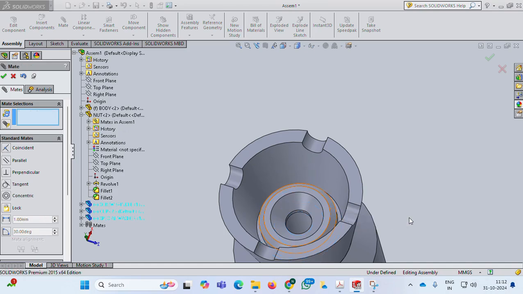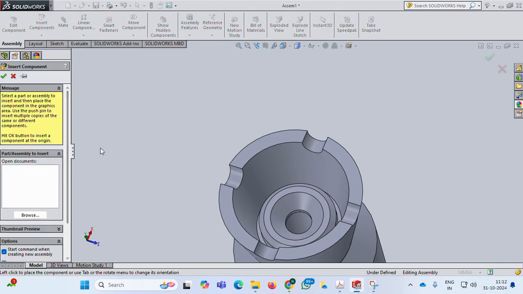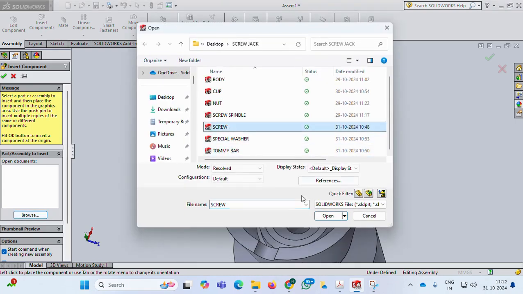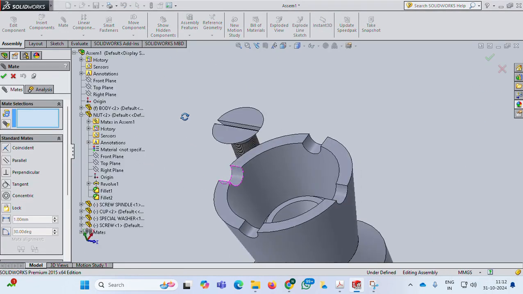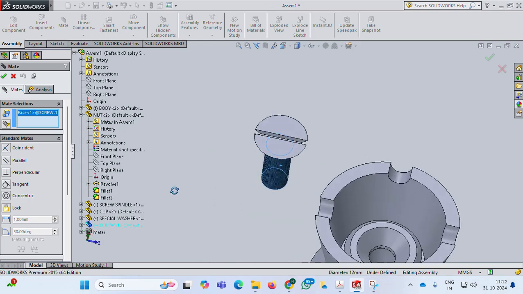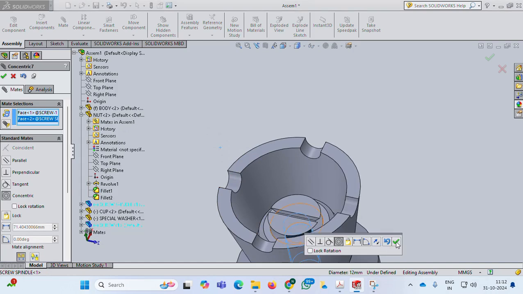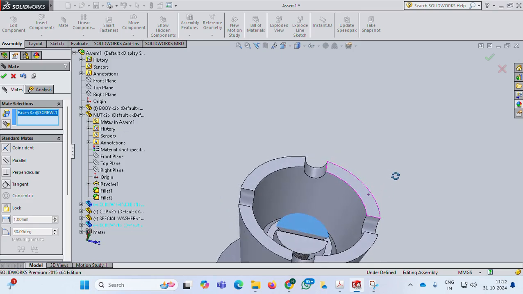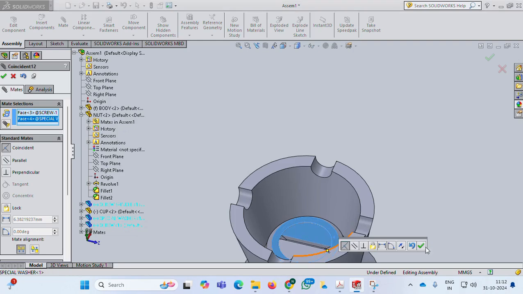Okay, next, insert screw. So screw, open, mate. So this cylinder with this cylinder. Okay, so next, this face with this face. Okay,